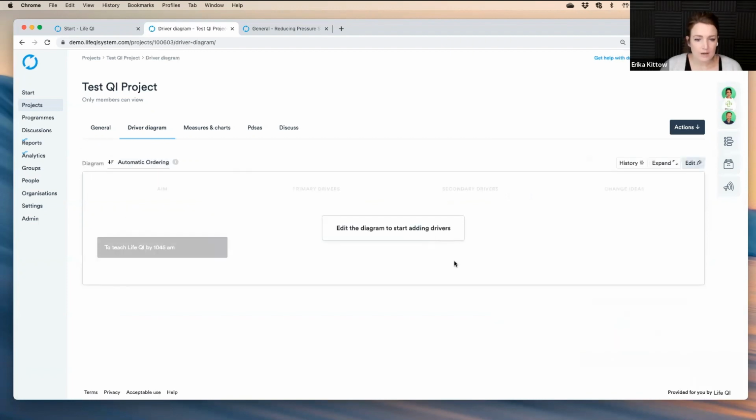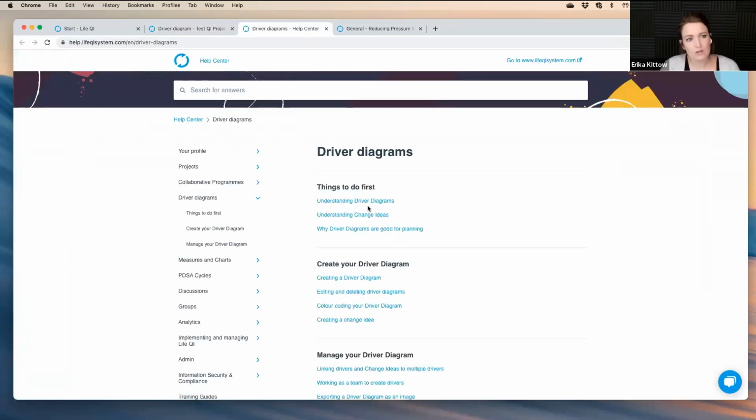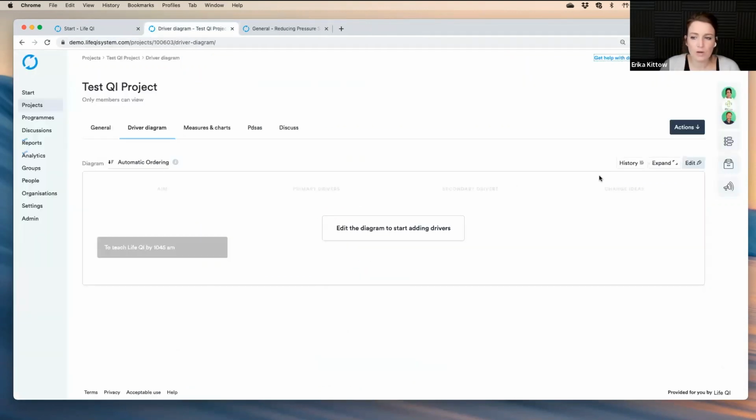Okay, so what we're going to do now is to kick off our driver diagram. So driver diagrams are built into LifeQI, so you don't need to build anything outside the platform. They are in here for ease, and they are fantastic planning tools for quality improvement. Again, if you need any help with driver diagrams or want to know a little bit more about primary, secondary, or change ideas, it's all listed here within the help guide for you. What I'm going to do today is build out a quick one to show you